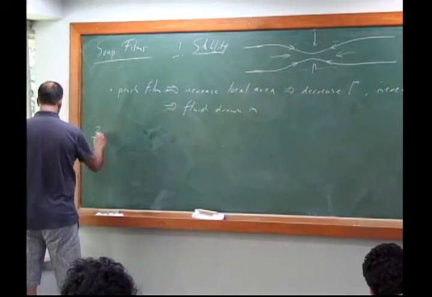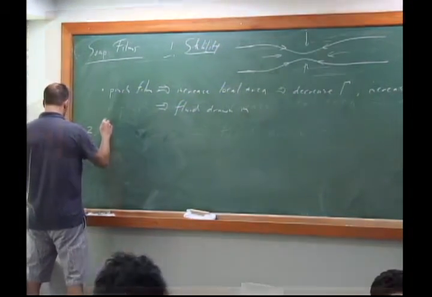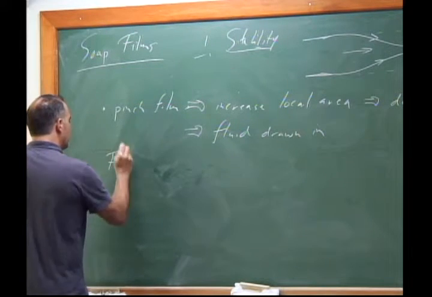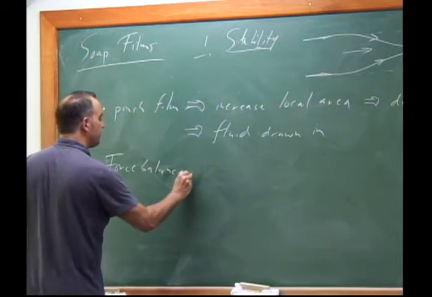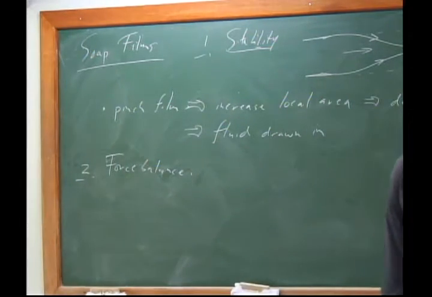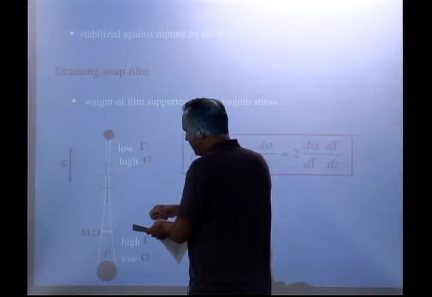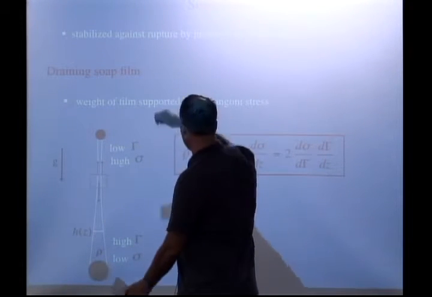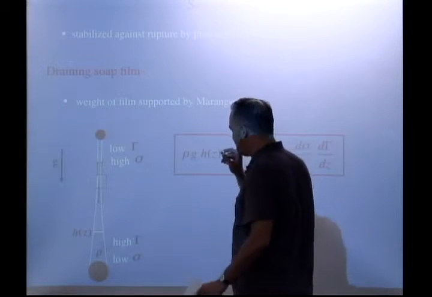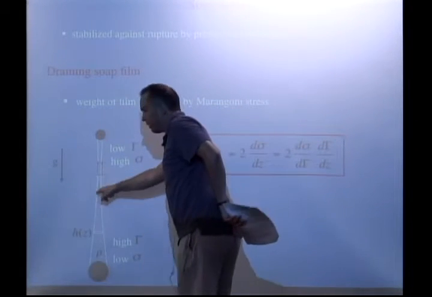Okay, and so the second issue is the force balance. And we know, again, we know that Marangoni stresses have to come in. If it was a water film, it could not be, the largest length we could get would be a capillary length, but we know we can get some very tall, stable soap films. But the force balance is basically, if you look at a chunk of fluid here,